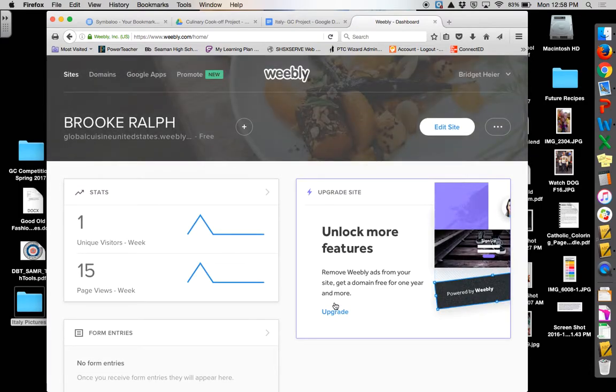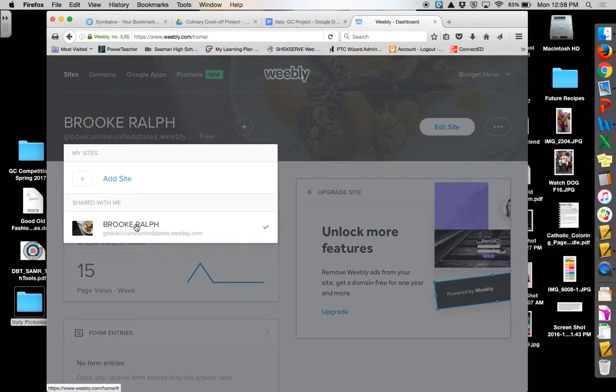Once you go to Weebly.com, if you have created other sites for other classes, you can see them here underneath this drop-down menu. We are going to create a new site, and at this point, you're actually only going to have one person in your group create the site, and then we will share it with each other. So you're going to click Add Site,